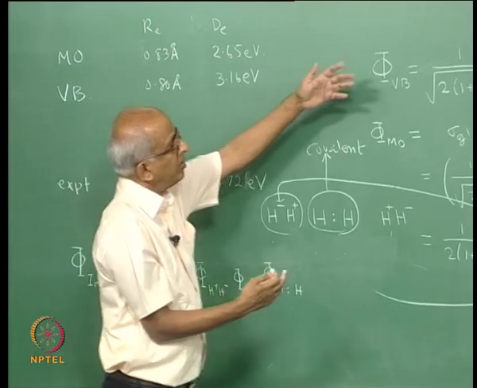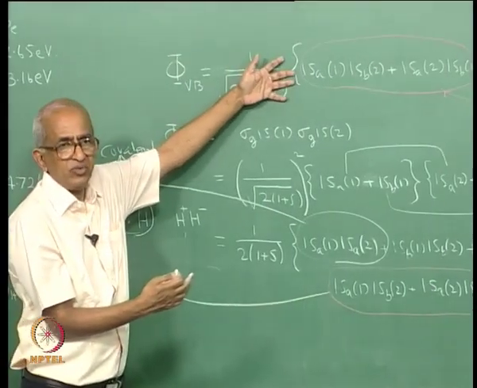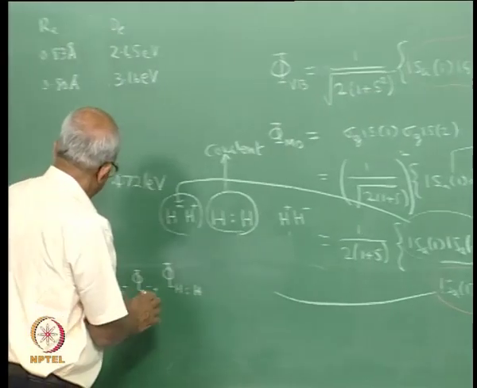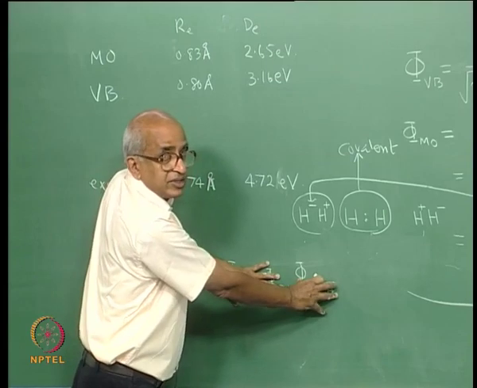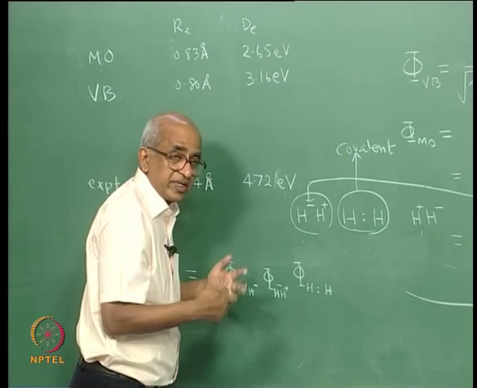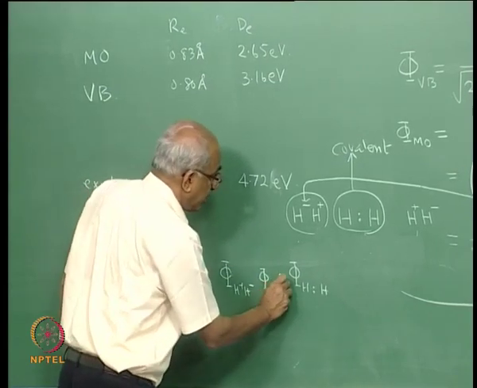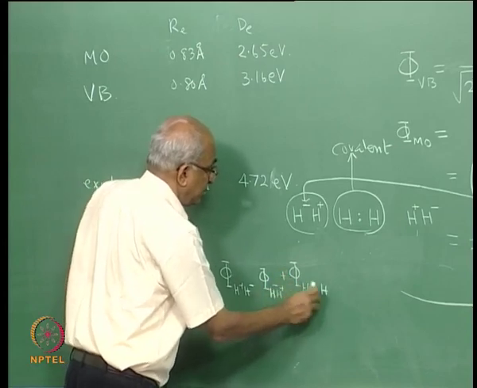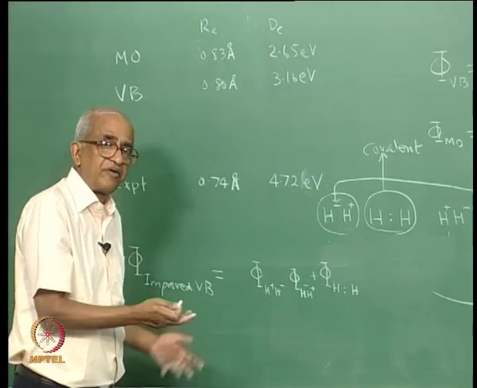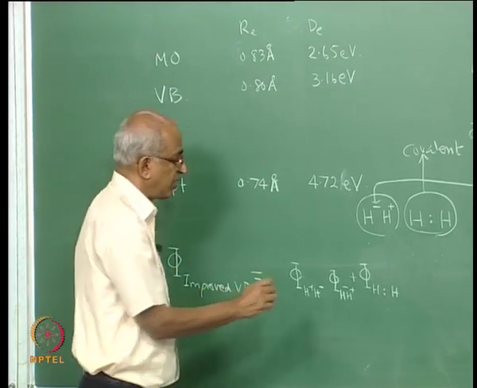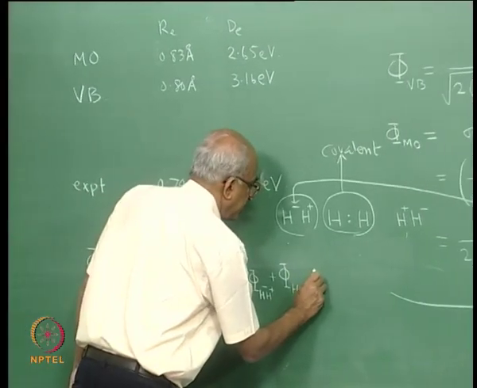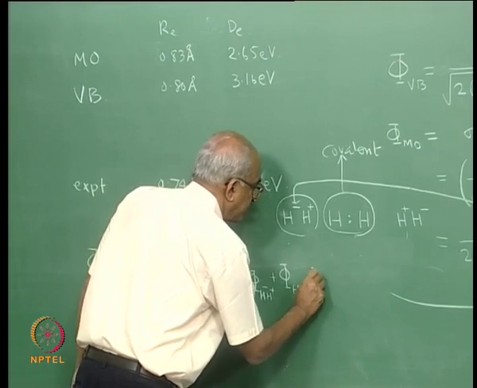Now, simple valence bond theory, what does it do? It does not include this or that, but it just says the function is just this. So, a better calculation will be to say that okay, I will take combinations of these things after multiplying them by suitable constants. So, what I will do is I will multiply this by maybe a constant which I will refer to as C1,